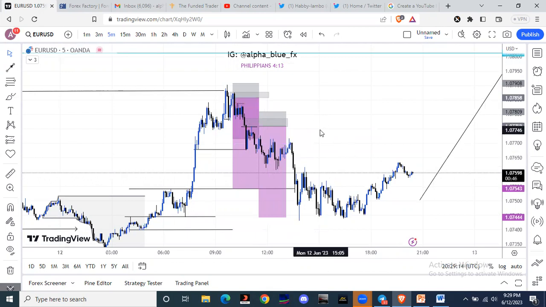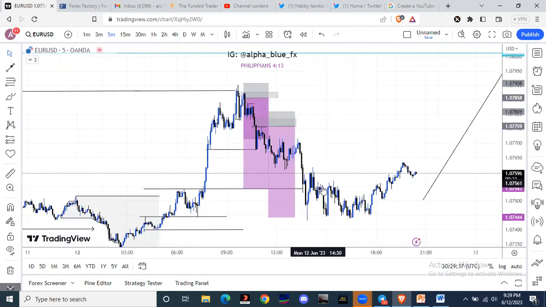If you have a proper risk to reward ratio or risk management system in place, even if you're in profit 5%, before you'll be able to clear all of those profits, it means that you will have lost multiple trades at a time. If you're a good trader and you have a good system, you are likely not going to have so many losing trades at a particular time. You understand? So that is the importance of a risk to reward ratio.